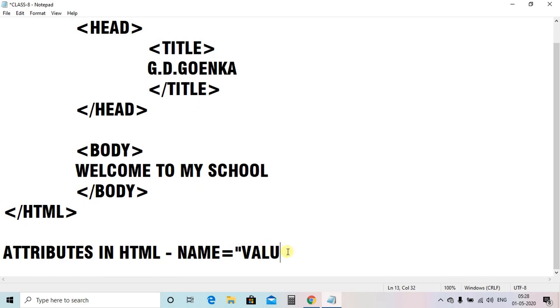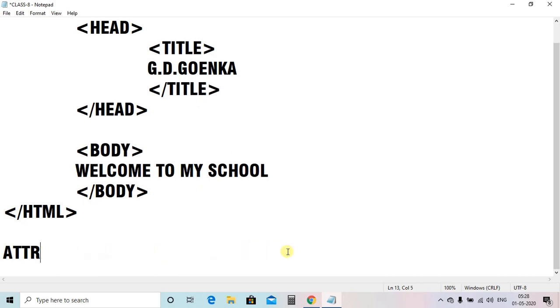Now today we will discuss the attributes of the body tag. The body tag is here. This is the opening body tag, and we will use the attributes in the opening of the body tag. So how to use the attribute?